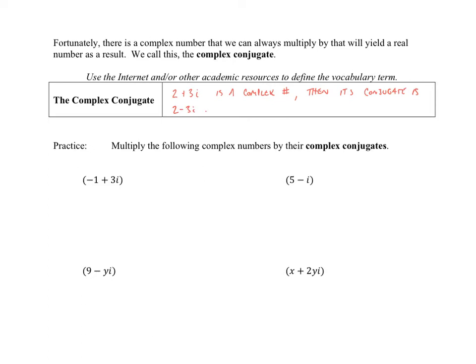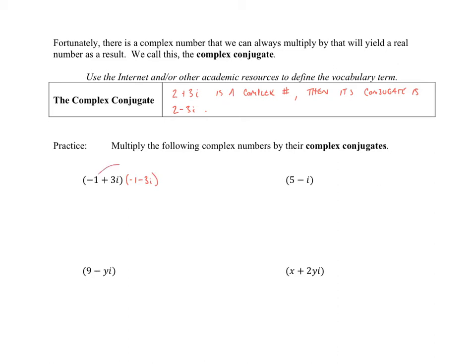It's as simple as that. Change the sign in the middle. All right, so we're going to practice with it a couple of times here. We're going to multiply each of these complex numbers by their complex conjugates. So if negative 1 plus 3i is a complex number, the negative 1 minus 3i would be its conjugate, and